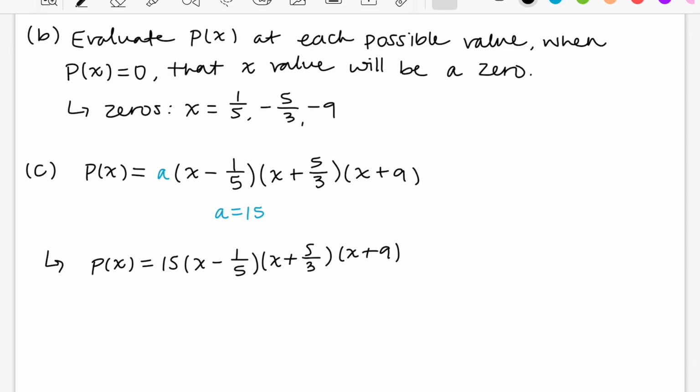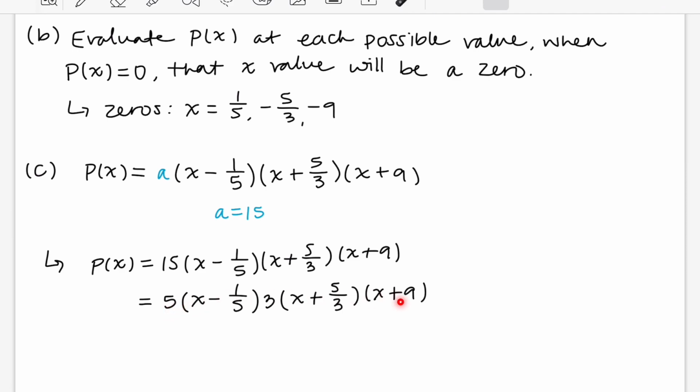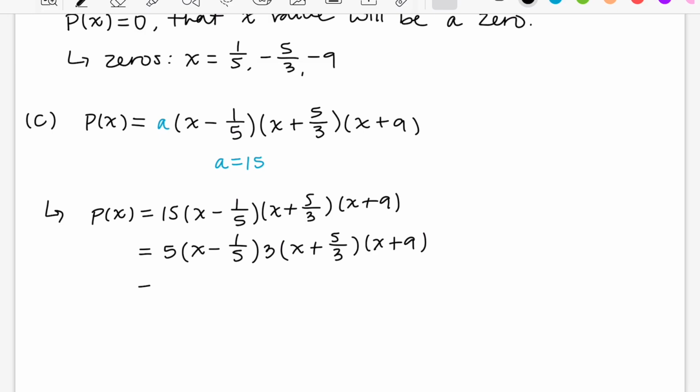All right. So what we'll do is we'll distribute this 15 by splitting it up. So we can write this as 5 times x minus 1 over 5 times 3 times x plus 5 over 3 times x plus 9, right? Since we're just multiplying everything through, we can split up this 15 to 5 and 3 here. And the reason we want to do that is because we'll get 5x here